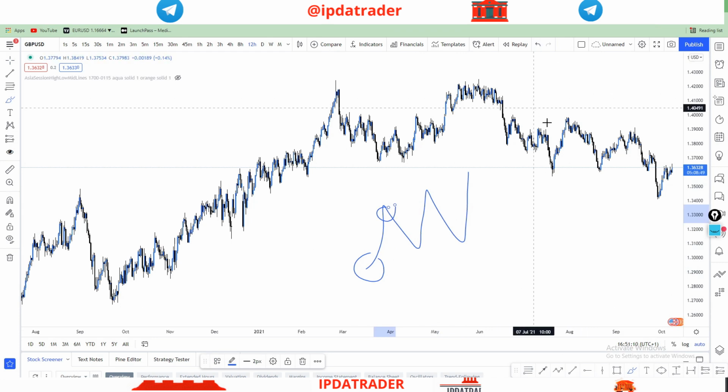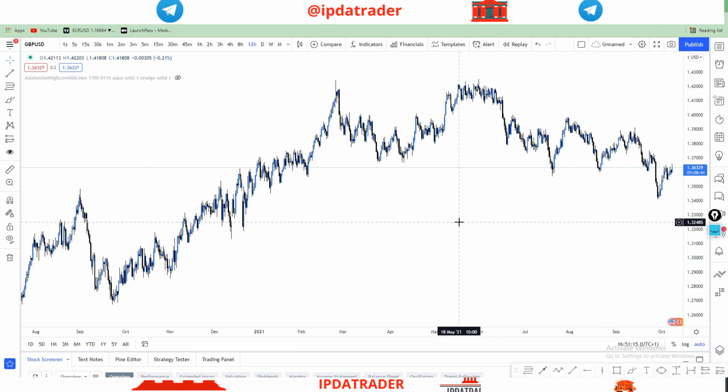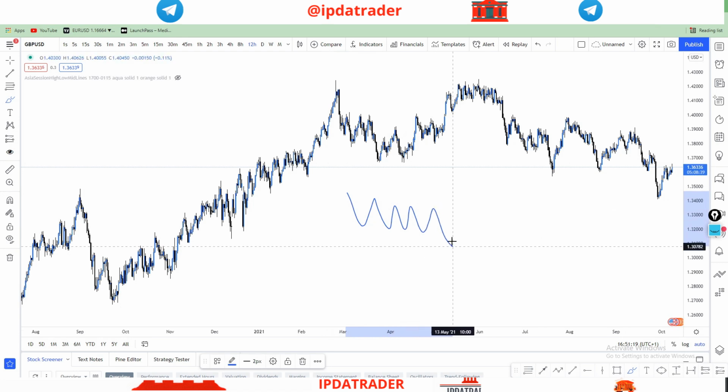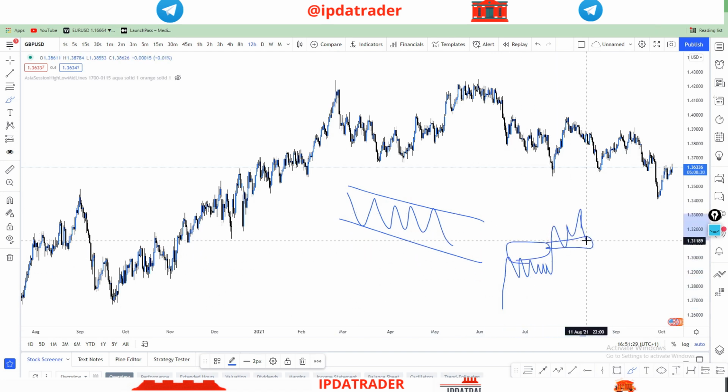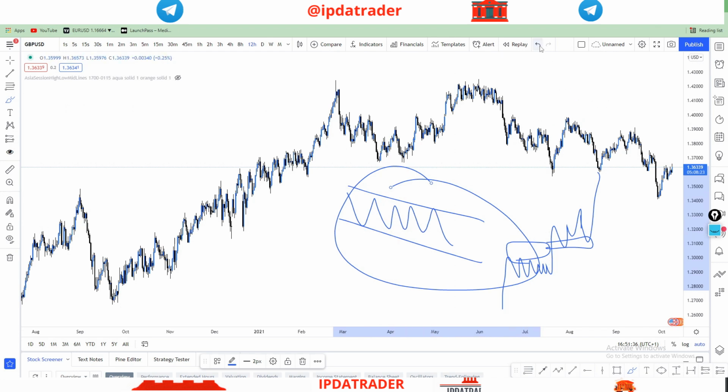So if you're coming from a retail background, you really need to dissect yourself from the idea of price and structure really moving in some sort of a channel, or maybe you believe that the way structure is created is because we're creating resistances and then supports, and those supports push price higher, right? That's really not how it works. And we're going to be taking a look into structure in this entire section. So with all the presentation out of the way, let's actually go to the drawing board